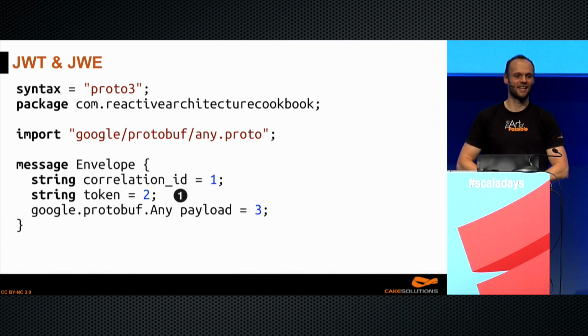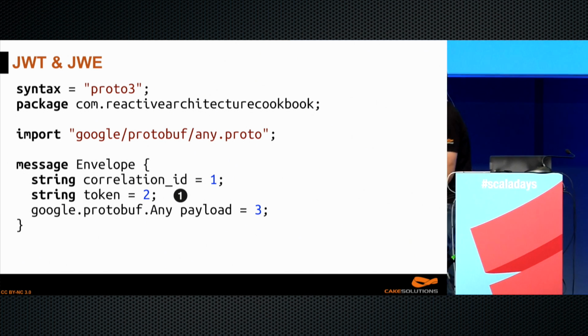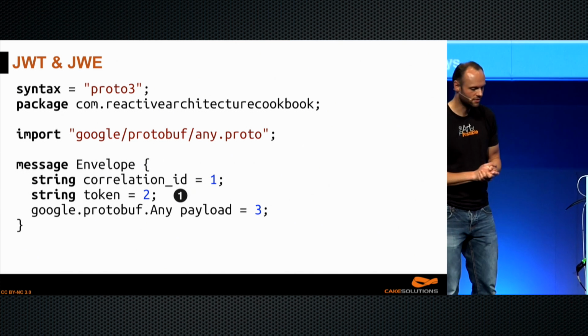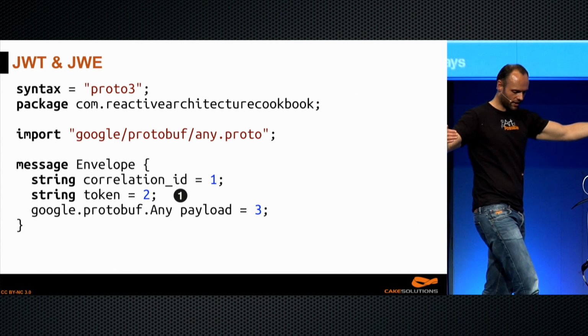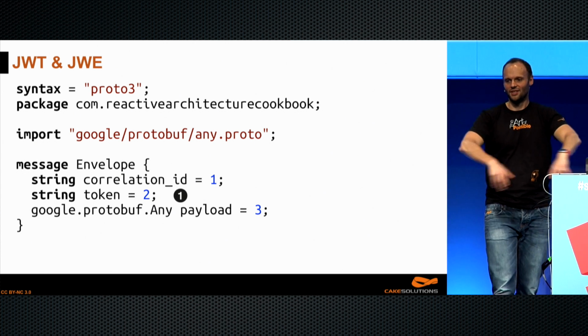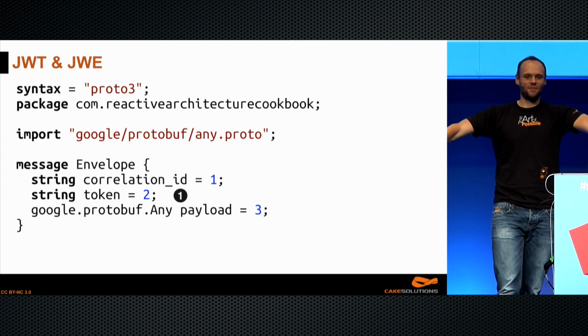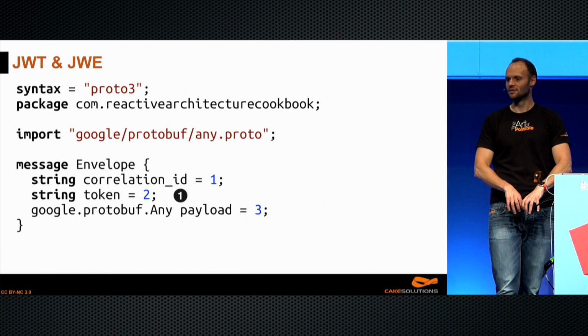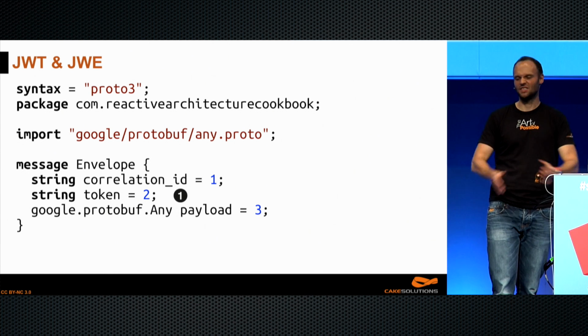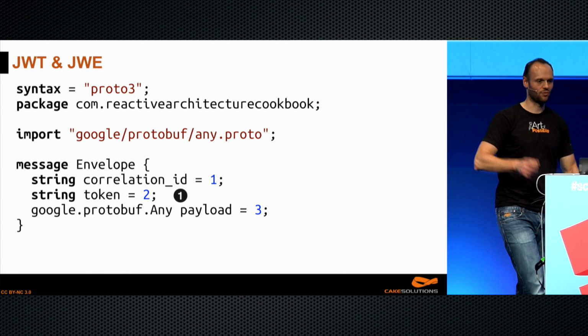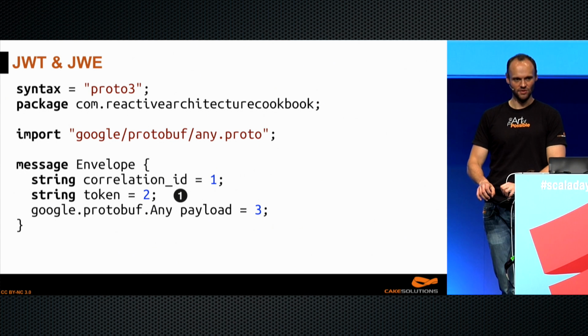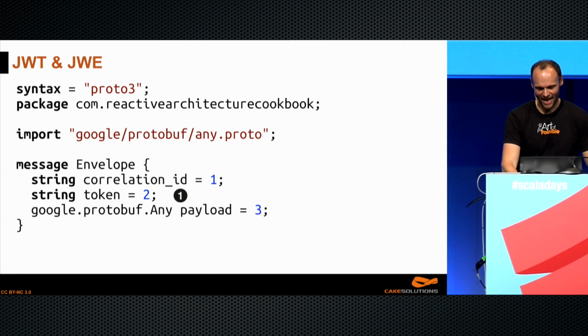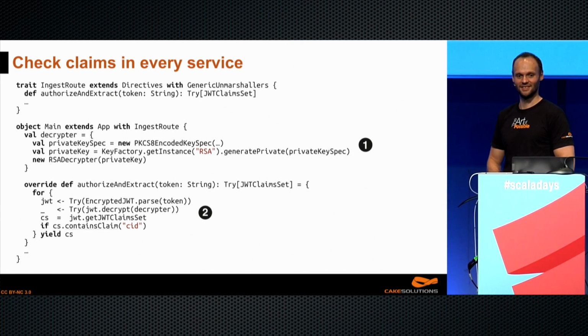We package it inside every envelope. Because the next thing that you really shouldn't do is to have one microservice right at the start, your gatekeeper, your REST API, and it will check the tokens, and then anything that gets in, it's fine. Anything goes, right? Once the message is inside your system, any service can handle it. That's a terrible idea. Every service should check the claim.